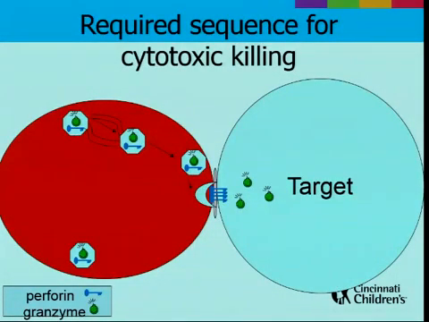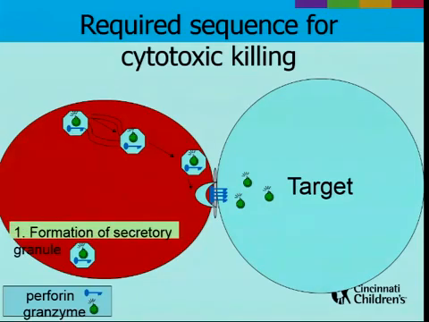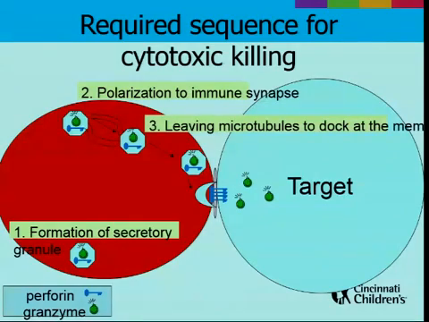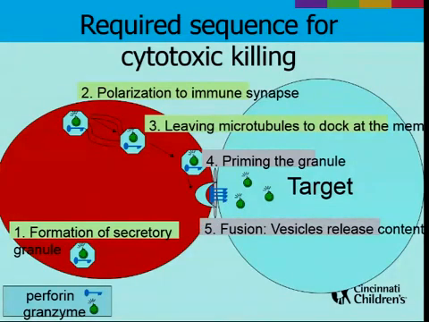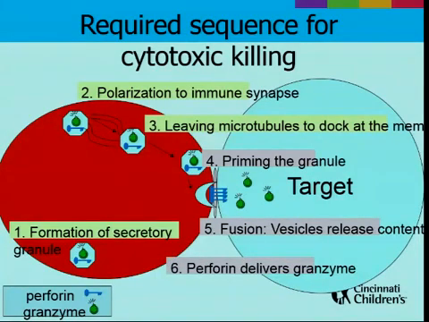So to actually have cytotoxic killing, what has to happen? In the resting state, your cell has perforin and granzyme B in a resting non-activated standpoint. First, you have to form your secretory granule in response to a stimulus. Then that granule has to be polarized, heading towards an immune synapse, using microtubules to dock at the membrane. Then you have to prime the granule, or light the fuse. The perforin has to puncture the cell membrane. And after the puncture, then the granzyme B is released into the target cell, which leads to destruction of the